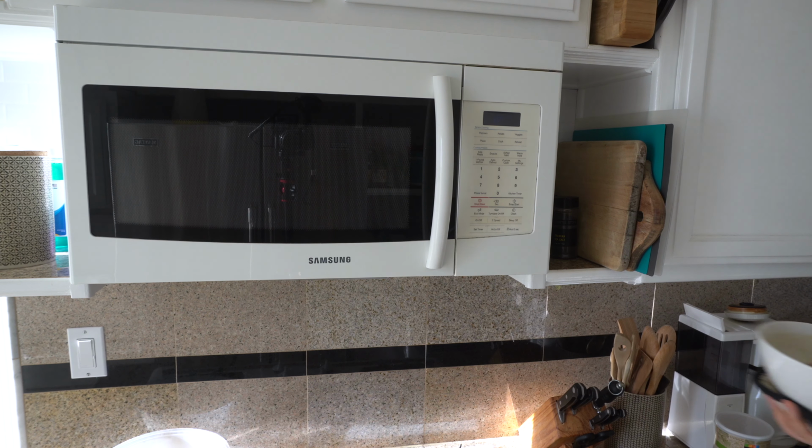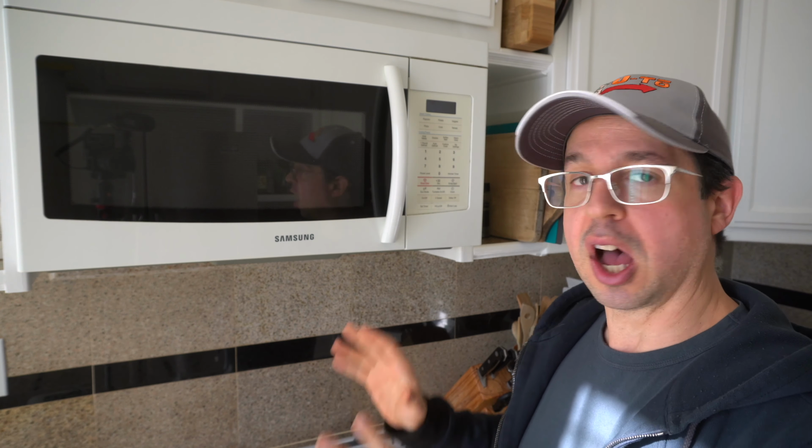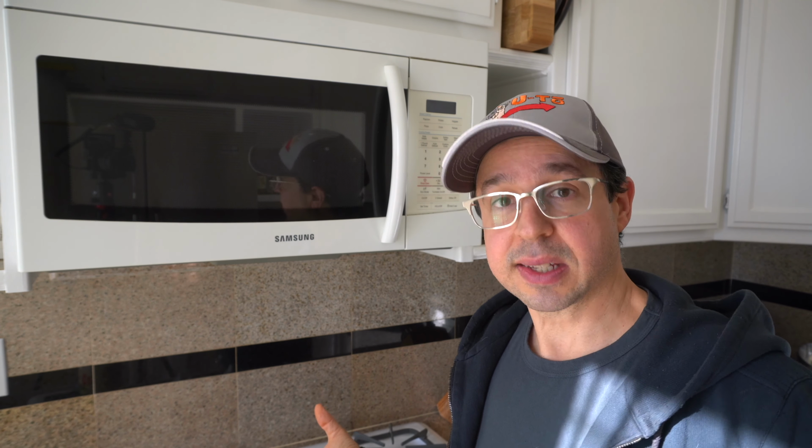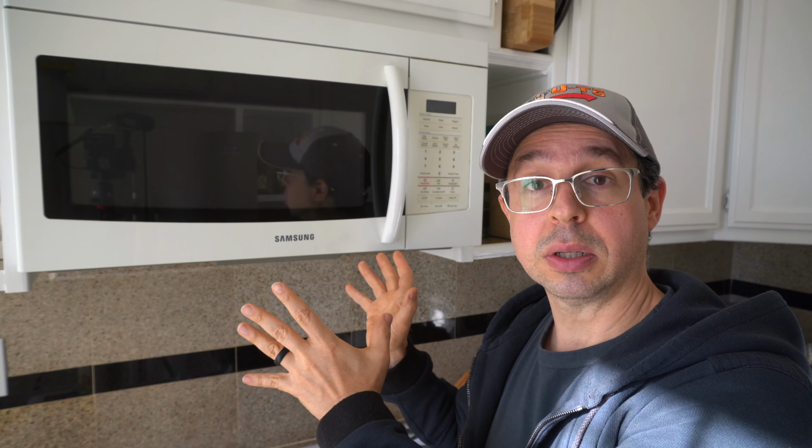Bye. Which is a hidden secret of microwaves. There's a feature in microwaves. To sit there and watch it, and you have to stir, and that's kind of a pain in the butt. You can make very good oatmeal, and you don't have to stand there. But you have to follow a particular